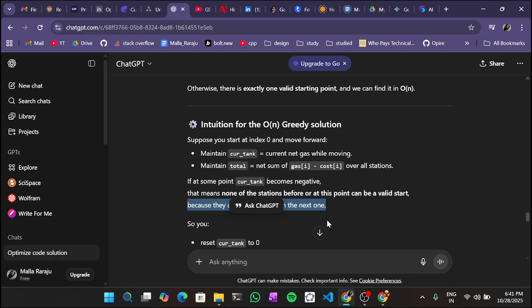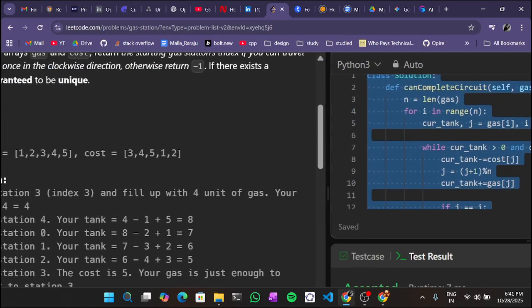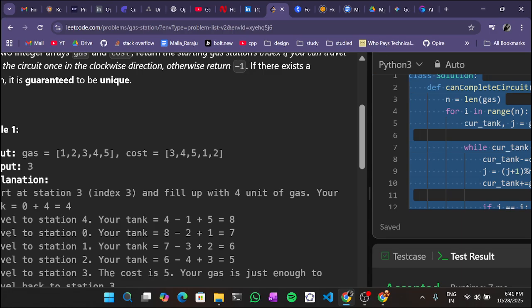Okay, so for example, 1 minus 3 is minus 2, 2 minus 4, 3 minus 5 will be minus 2. 4 minus 1 will be 3 and 5 minus 2 will be 3. So